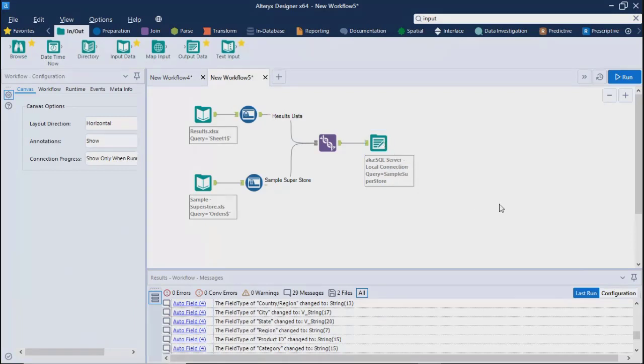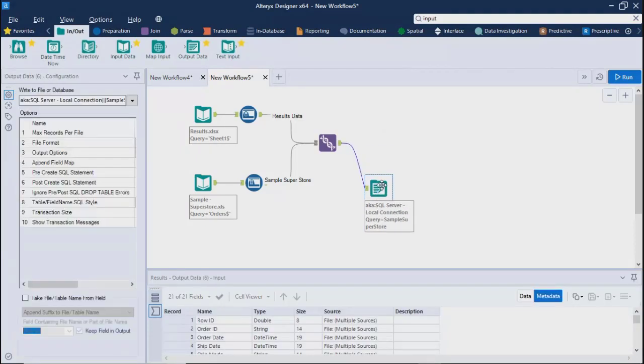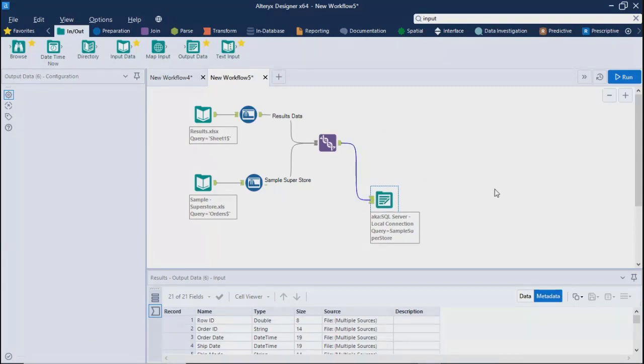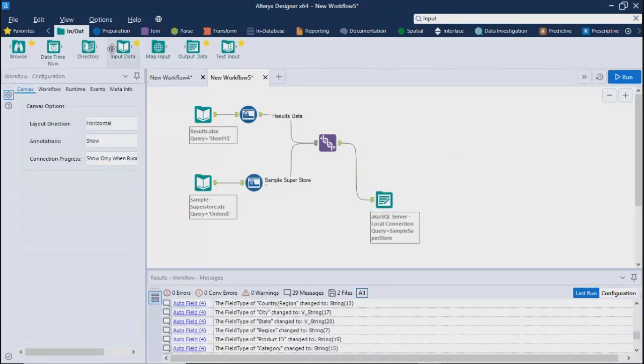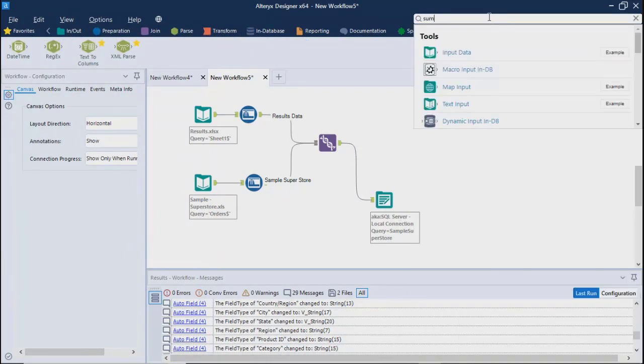Okay. Now the next thing we can do is I'll just remove this, we'll just put it here. I'll add one more tool. Yesterday we were looking at summarization, right? So let's look for that tool, summarize.